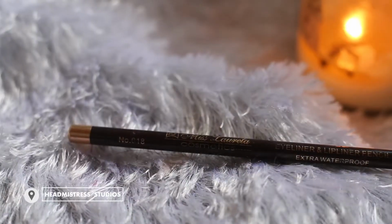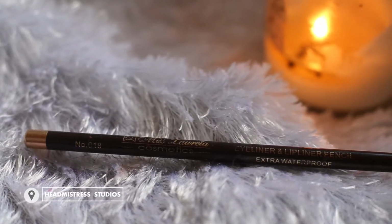Okay, so today what I used to fill in my eyebrow is this pencil. This is a normal brown pencil, and it's very affordable. I think it ranges from 1 to 2 cedis depending on where you get it from. This is the Miss Lauretta pencil in the shade number 018. Don't forget 018, and it's very, very soft and pigmented. So you guys should try this out,